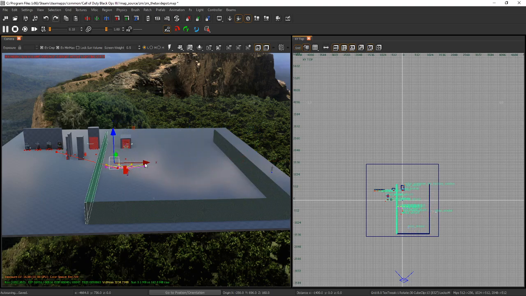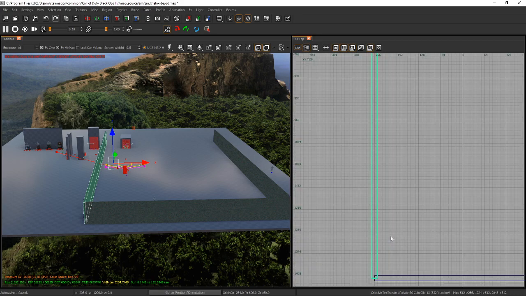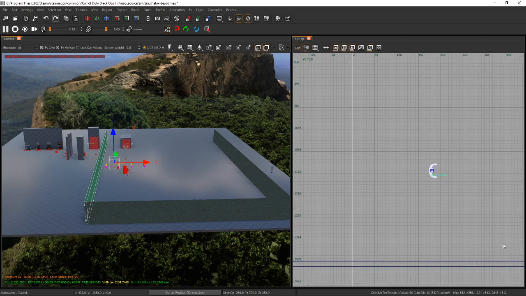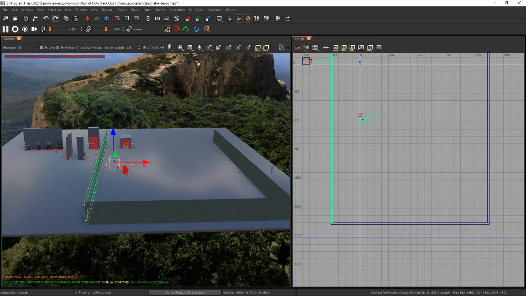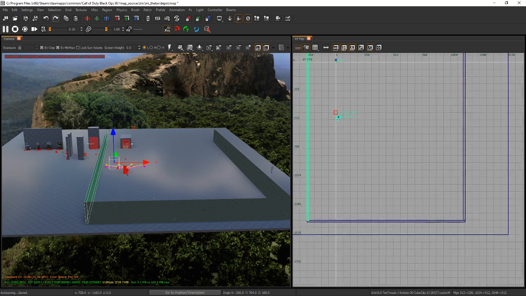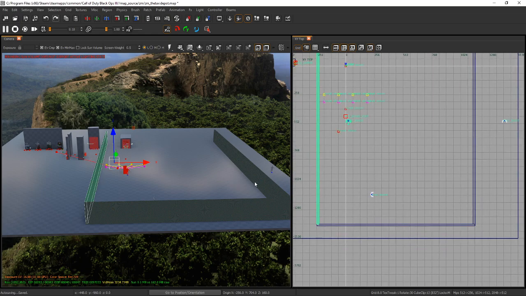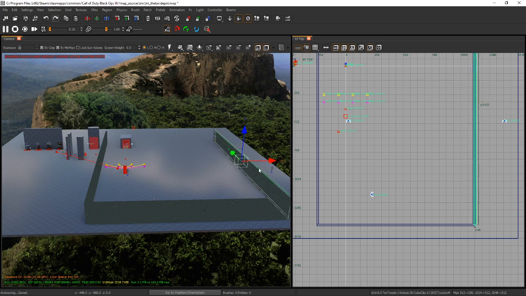Arrow, drag it over. Also got to do another escape, deselect that. Grab this wall, another copy. Get over to